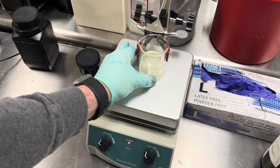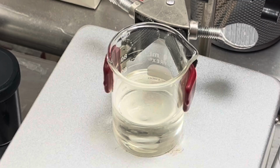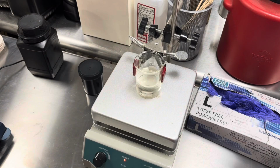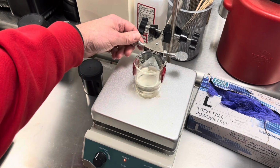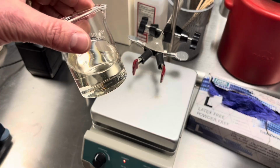With all the ingredients in for the nail polish vehicle, I am now going to turn on that stir bar, as well as add a little bit of heat to help that photo initiator dissolve. Here you can see after about 15 to 30 minutes, everything is in solution. Once I have confirmed that everything has dissolved nicely, the next thing I'm going to do